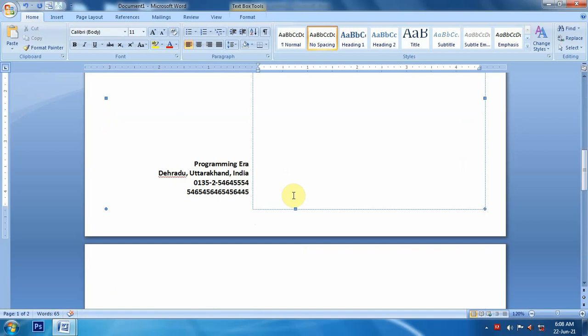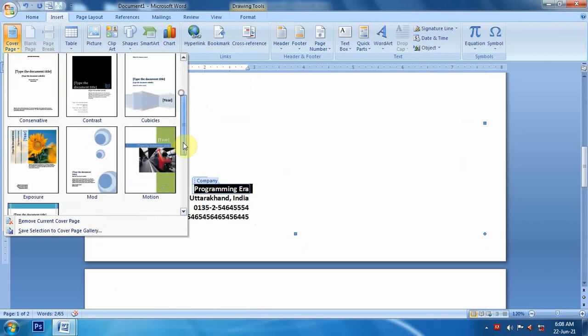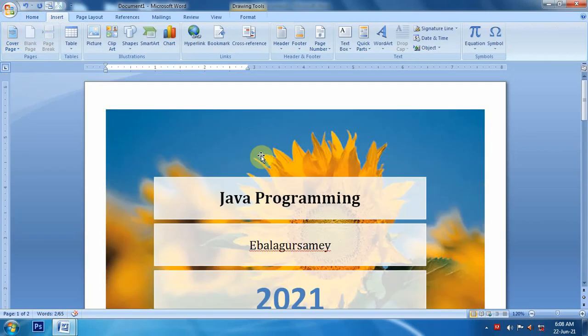If you want to take some other type of cover page, we can select from here. There are different types of cover page that we can take for our document. So like this we can add a cover page. It is a very small option and very easy option. Generally just simply click from here and we can add a front page in a document and can customize it according to our choice.